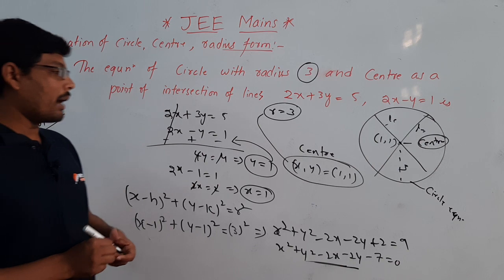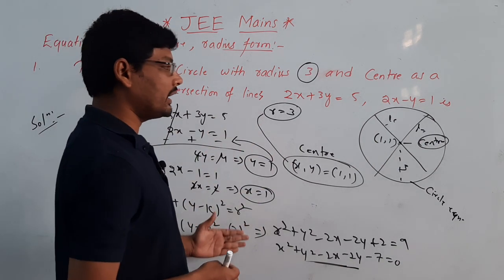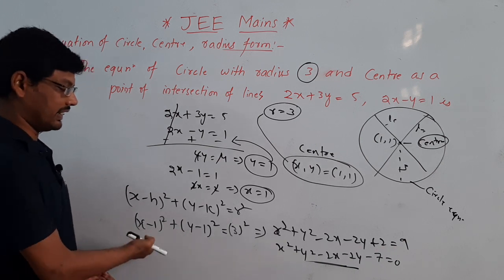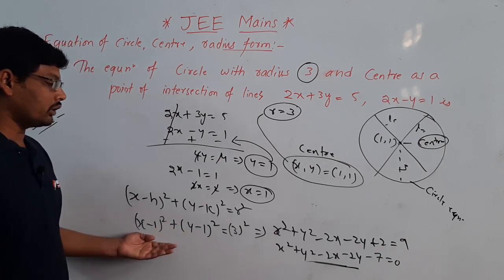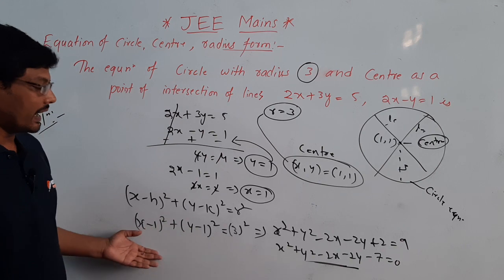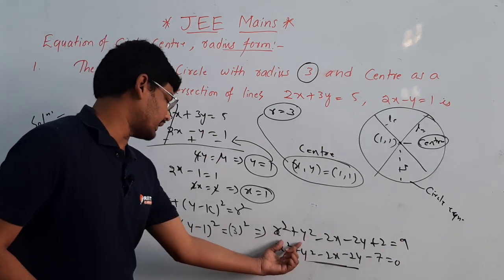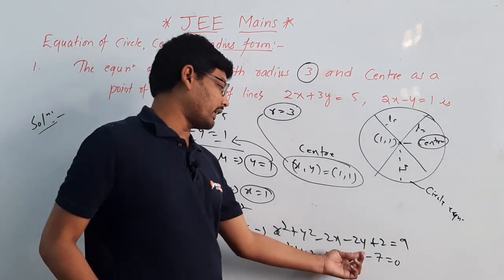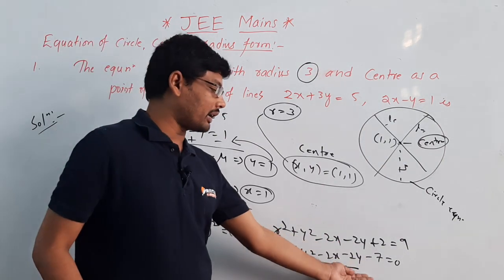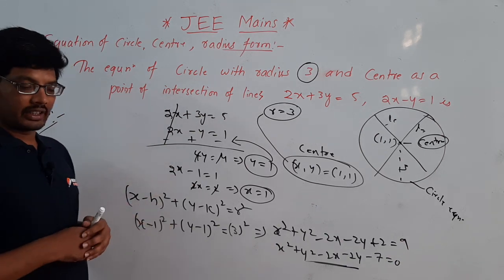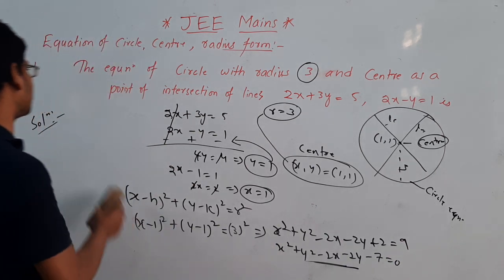See here, I am eliminating the steps. There is no need to expand each and every term or add each and every term. I directly combine the x square terms, the 2x terms, the 2y terms, and the constant terms, so that we can reduce our time to calculate JEE questions. This is all about the first question, and the next question is